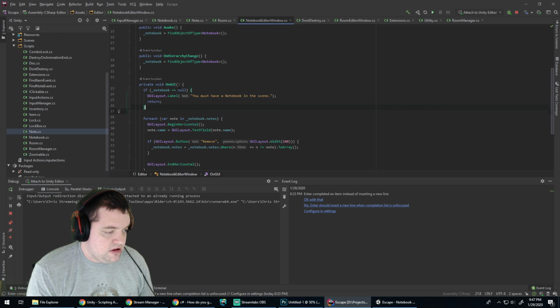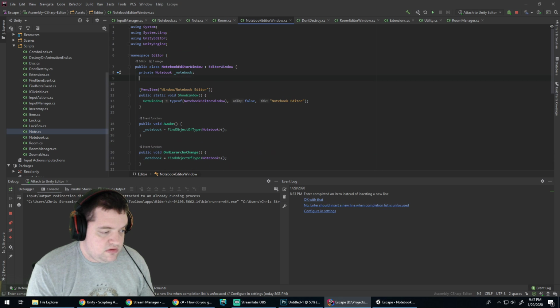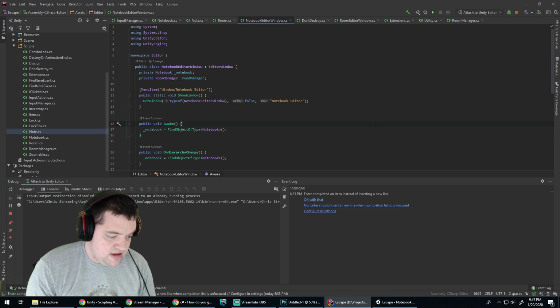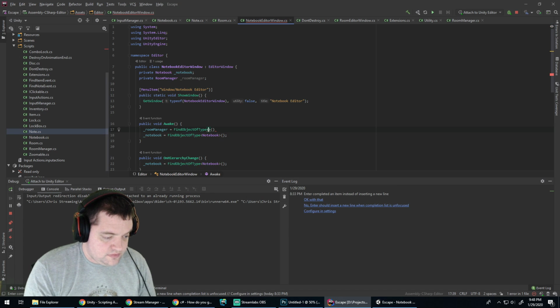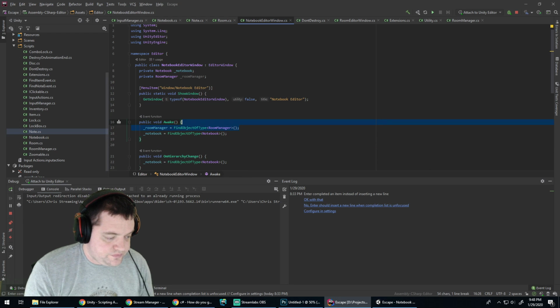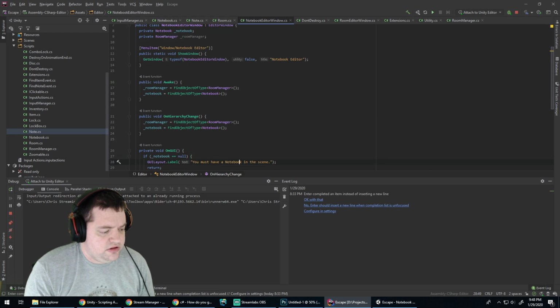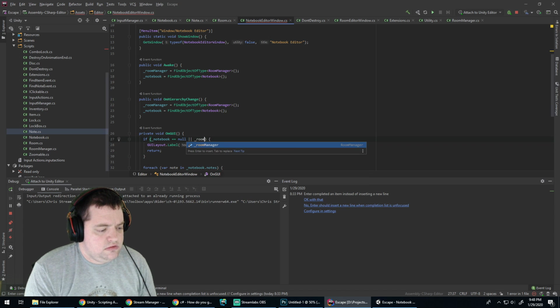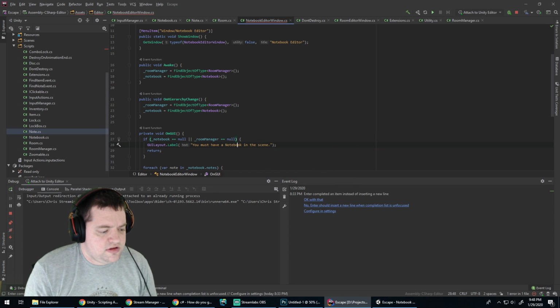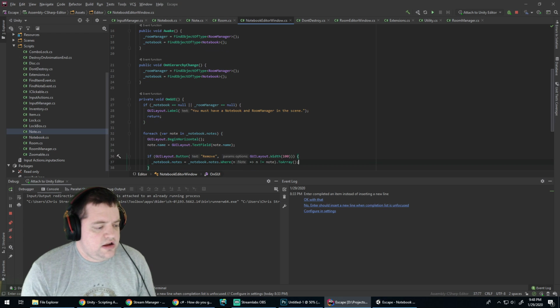But that does make me realize we're going to want not just the notebook, we're also going to want the room manager here, because we're going to populate a drop down with the names of the rooms in it. And that was why I wanted to build the room editor first. Room manager equals... you must have a notebook and room manager in the scene. Okay, so